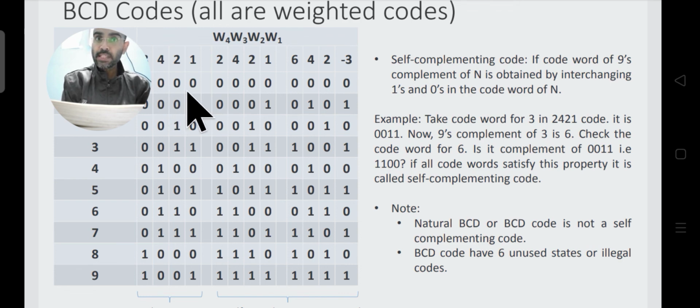So you can see that in BCD we represent every decimal digit by a group of 4 bits, and each bit will be given the weight according to this rule, which is